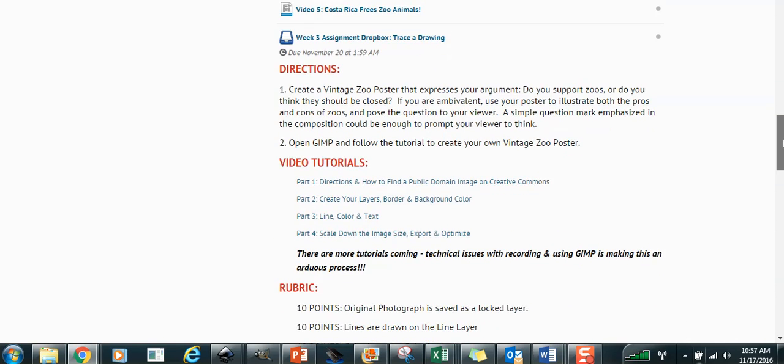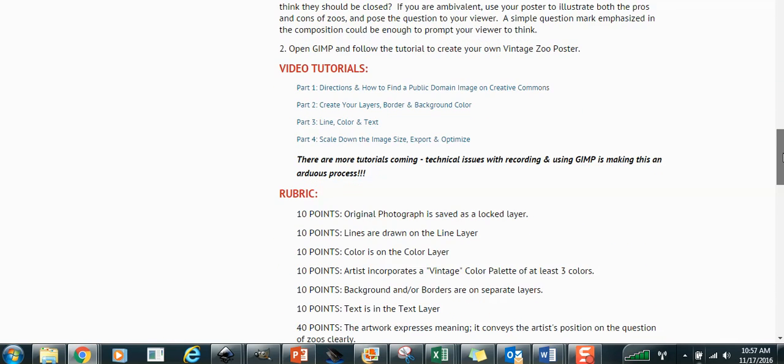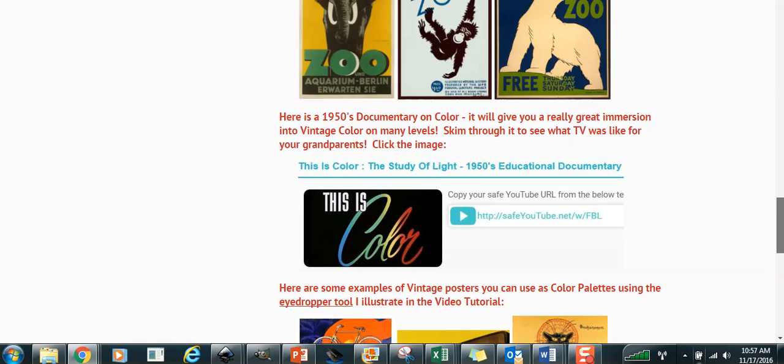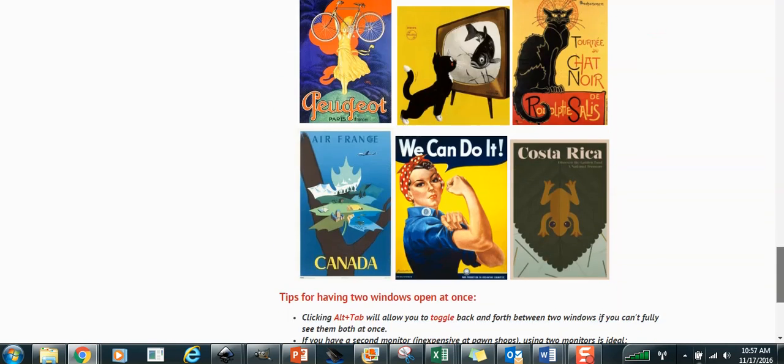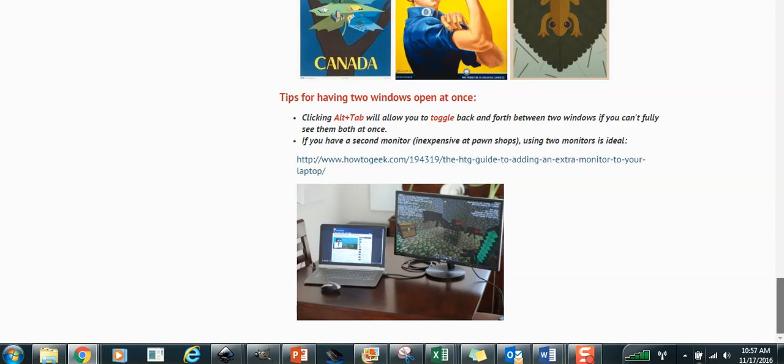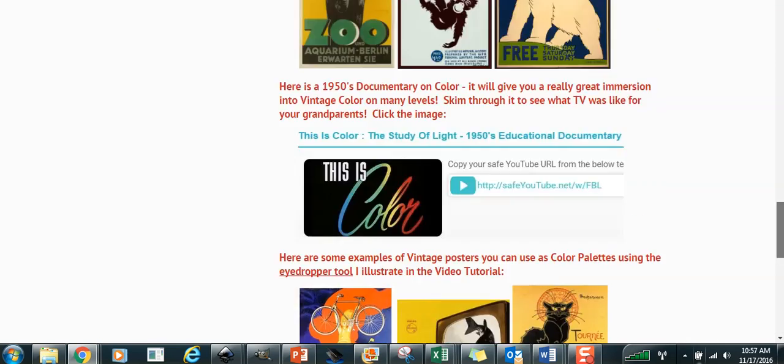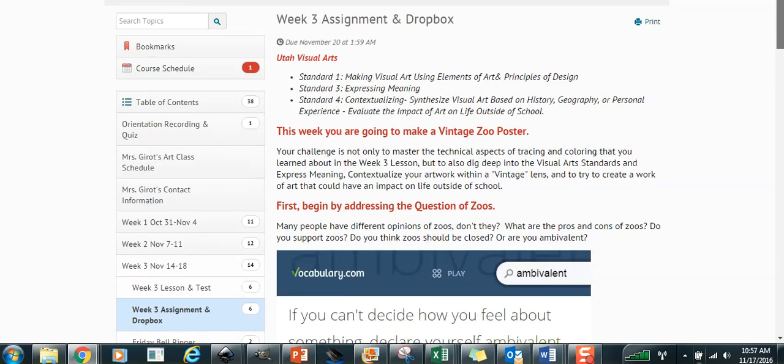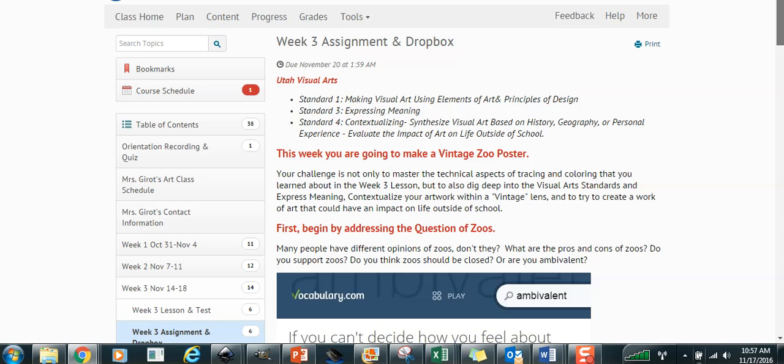Do you think that they're necessary? Do you think they should be closed? That type of a thing. And so it's a really fun assignment and it is challenging. Here's that picture I show of 2 monitors. So make sure that you get started on that right away so you can get it submitted by its due